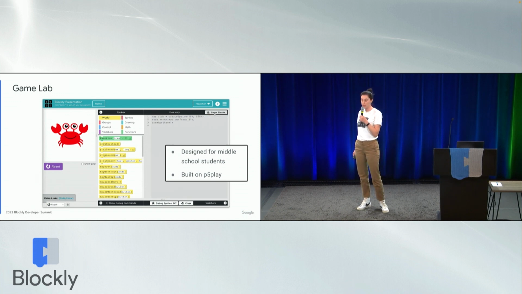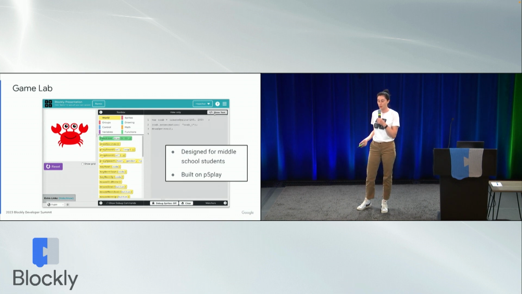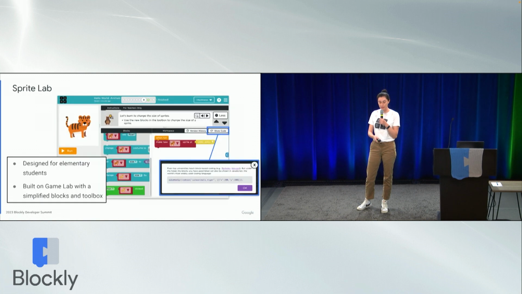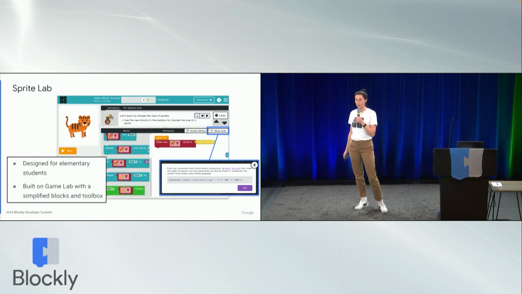The first line is creating a sprite at the center of the screen. Second, we're giving that sprite an animation, in this case, the crab image. And third, we draw the sprite to the screen. If a student actually wanted to animate this sprite, they would need to add in a draw loop and understand how that works. Comparing Game Lab now to Sprite Lab, we wanted something more user-friendly for elementary school students,